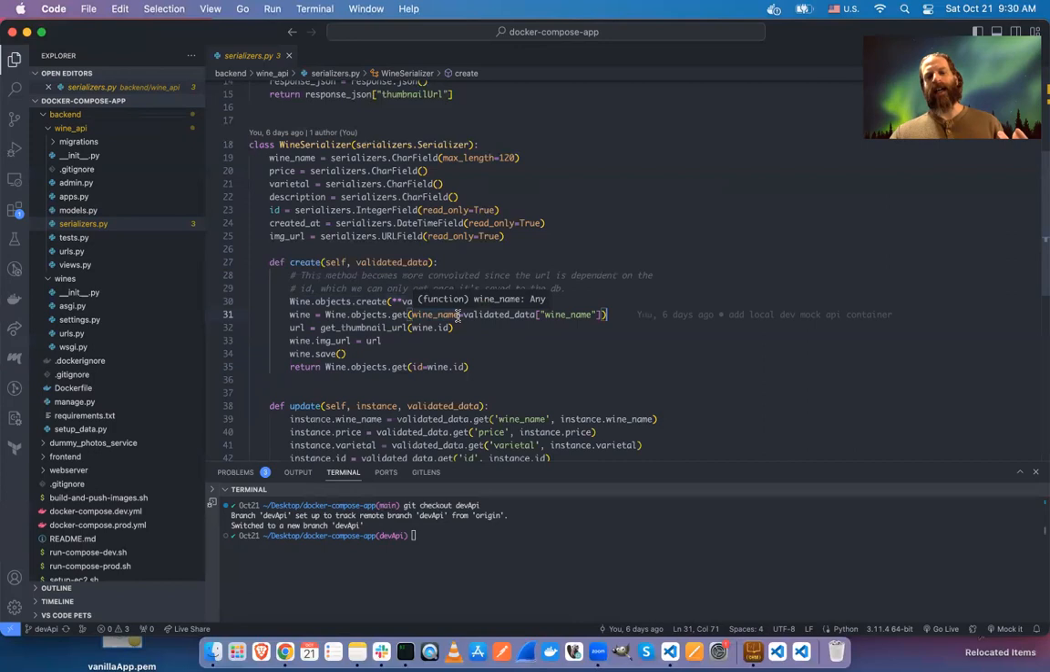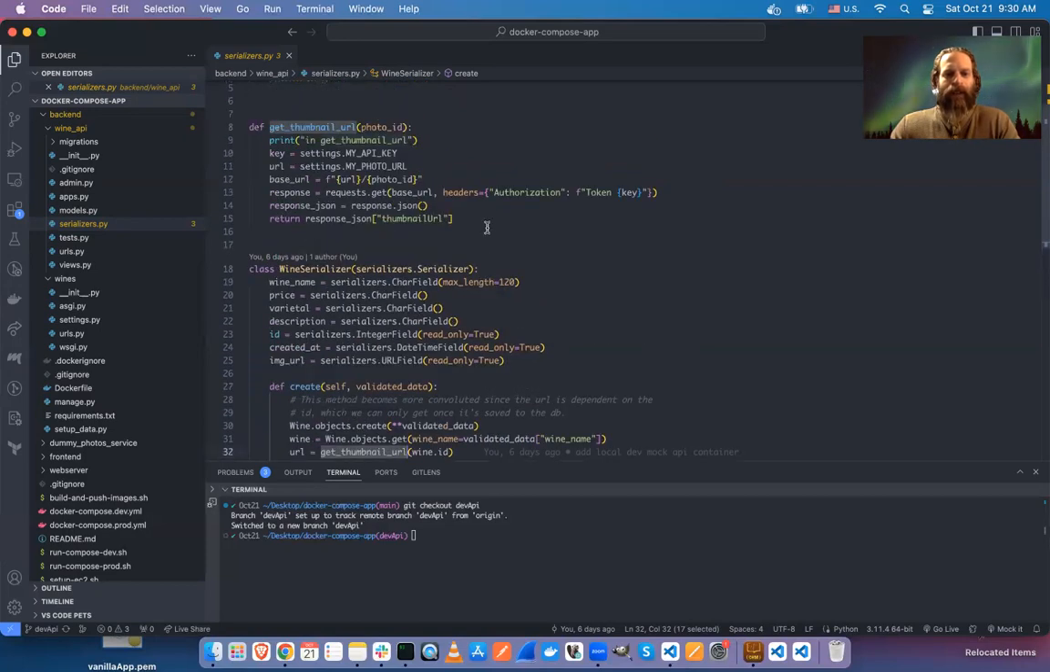And we don't know what the ID of the wine object is going to be until we save it to the database, right? Because that primary key, the ID field, is generated automatically by the database. So we can't know in advance what that's going to be. So we have to save it first, and then we have to fetch it again, and then we can grab the ID from there, and that's what we send as a parameter to this get thumbnail URL method, which is going to return